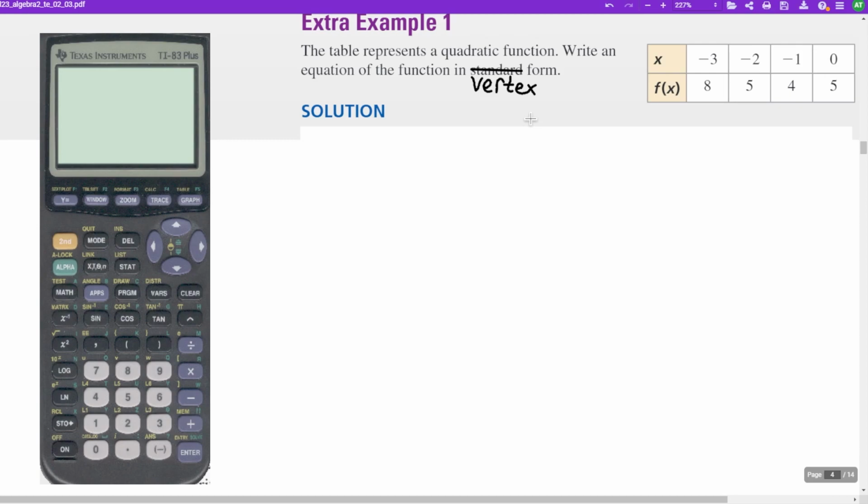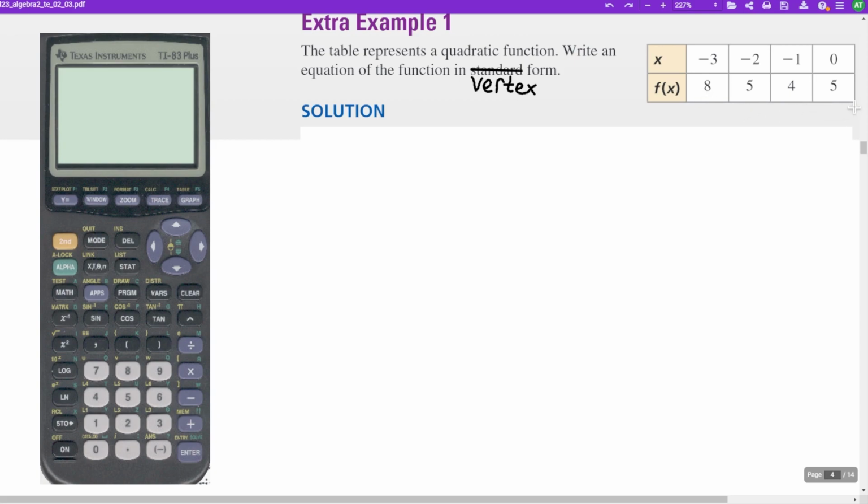If you need extra practice in writing quadratic equations, here's 4 examples. This first one says the table represents a quadratic function. Write an equation of the function in vertex form. Looking at the table, I see x goes -3, -2, -1, and 0, and the f of x row goes